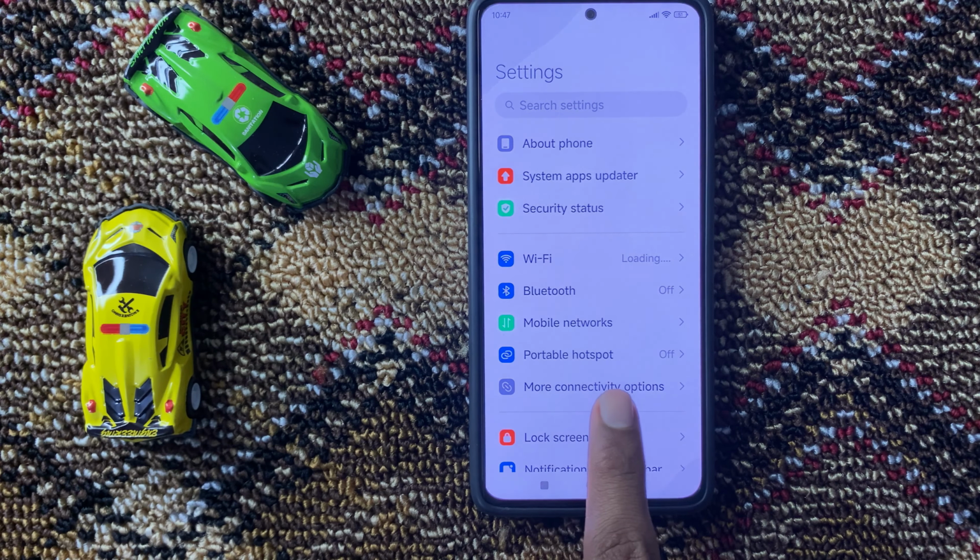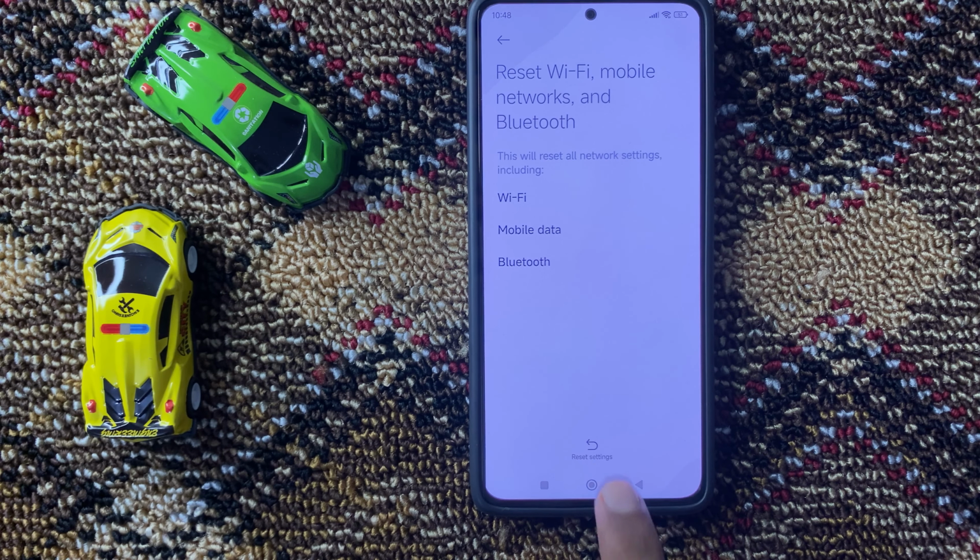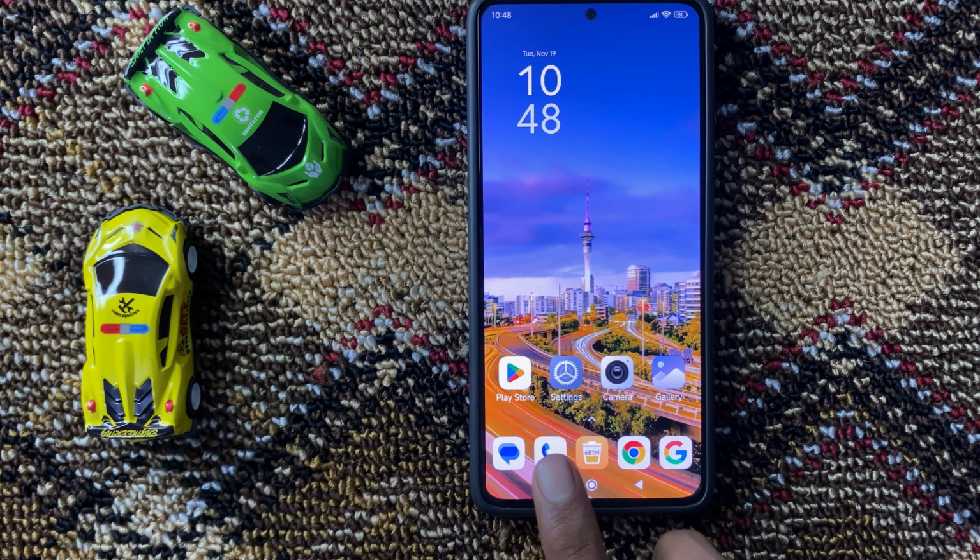more connectivity options. And then click on reset Wi-Fi, mobile networks and Bluetooth. Now here you can reset your network settings. After resetting the network settings, your problem will be